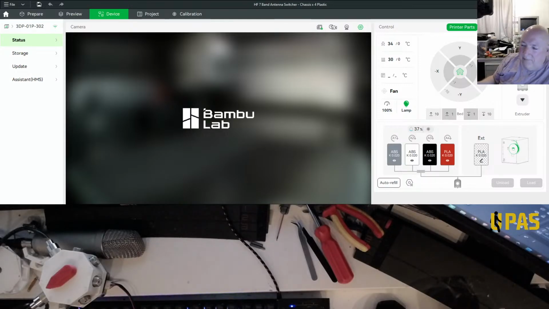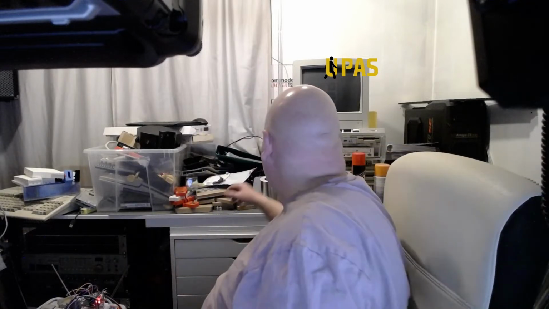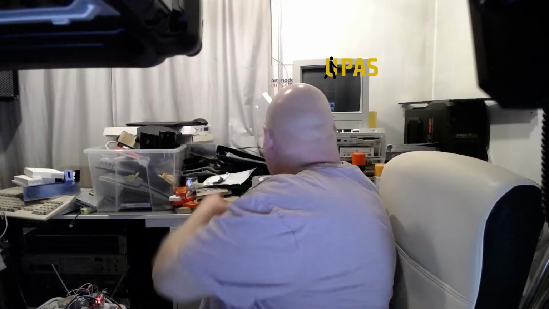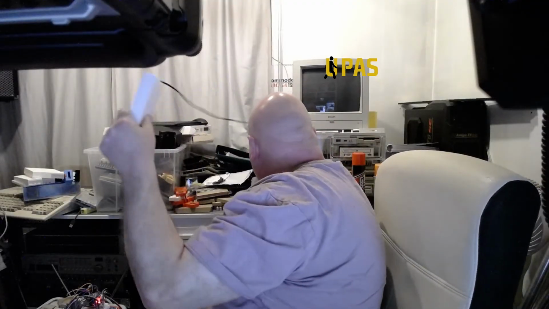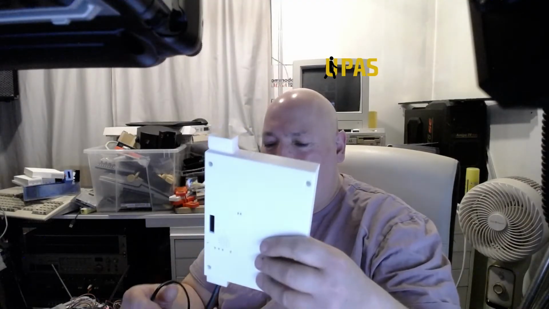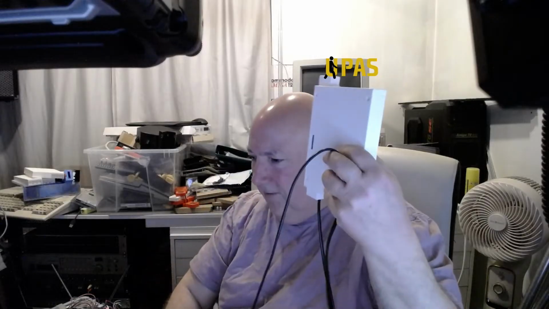You log into it. I suppose I could give you a quick show of that actually. Let's give you a quick show of that. Did it last time. Right, so we've got one of my gadgets. Inside is a power supply and one of my ESP32 controllers. So I'll just plug it in, and we can bring up the web interface then.